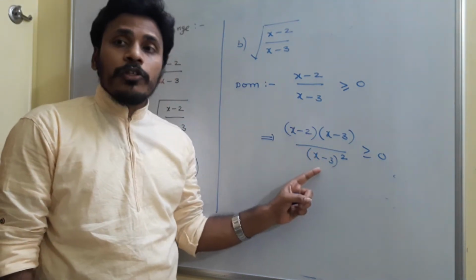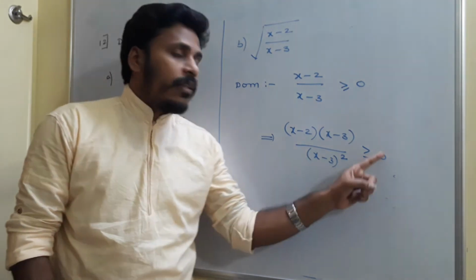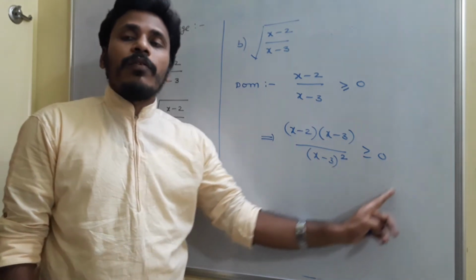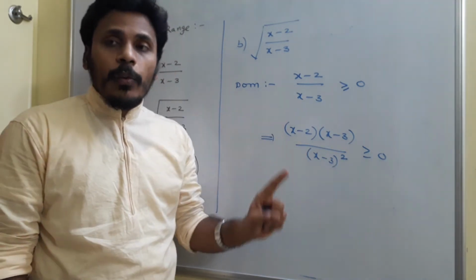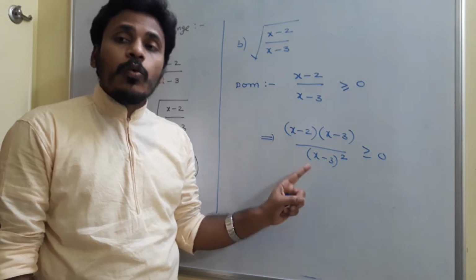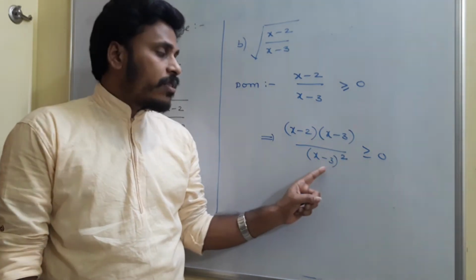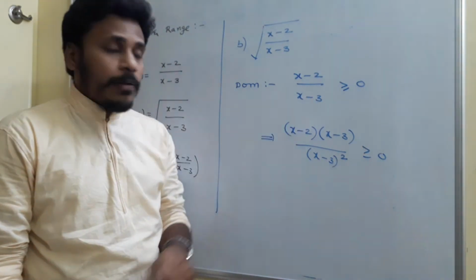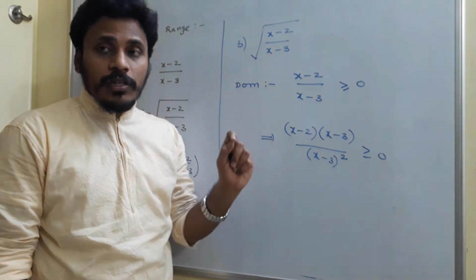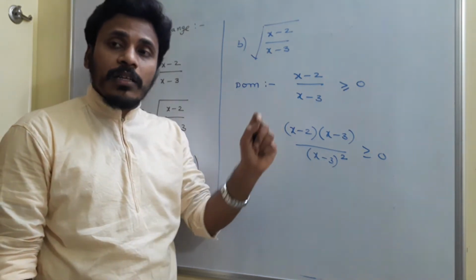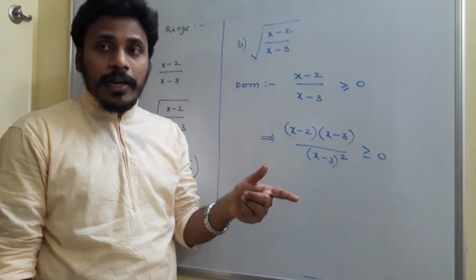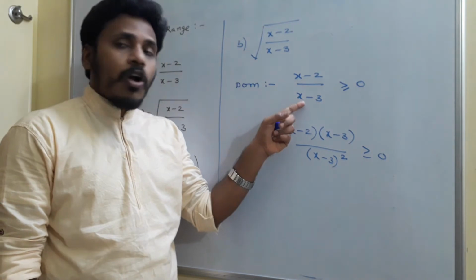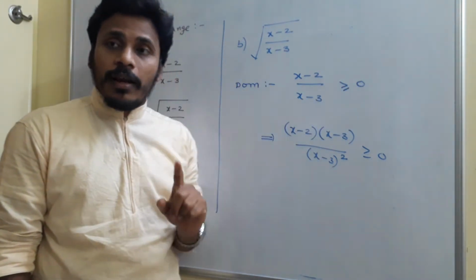Since it is always positive, you are allowed to send it to the other side. In equations, if an equality sign is there, you can easily send it to that side. But for inequations, you are allowed to send only positive quantities. Since (x-3) squared is a positive quantity, now you are allowed. But in the previous step, the denominator is just x - 3, and we don't know whether that x - 3 is positive or not, because we don't know x. Since we don't know whether it is positive or negative, we are not allowed to send x - 3 to the right side.